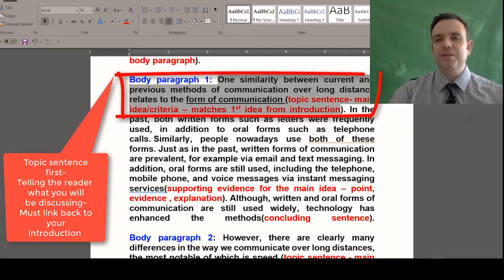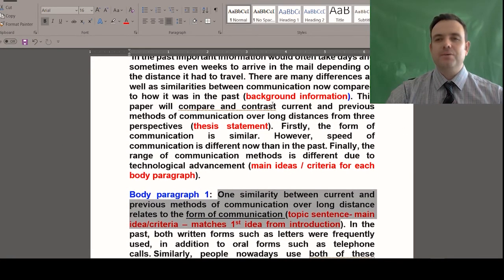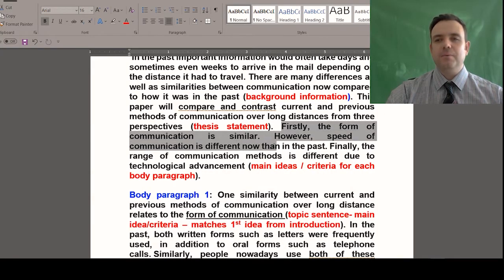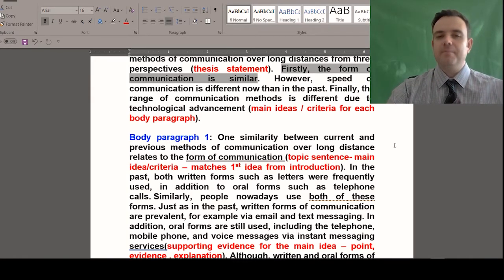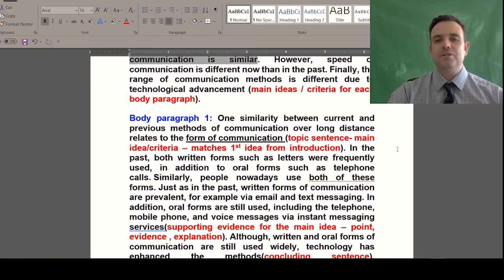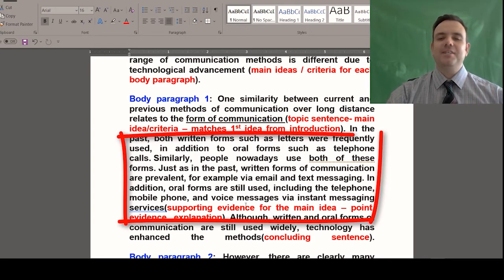The topic sentence tells the reader what you're going to be discussing in your paragraph, and it must link back to what you have already mentioned in your introduction. So for example, form of communication, and we go back to our introduction, see our thesis statement. Firstly, the form of communication is similar, so you're linking it back to what you've already mentioned in your thesis statement, in your introduction. Then you're going to have your PEE: paragraph, point, evidence, explanation, and lastly,